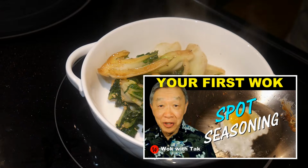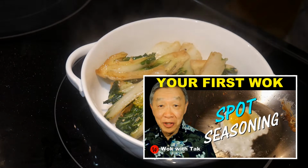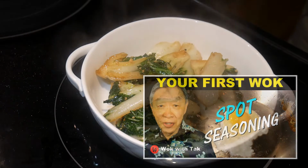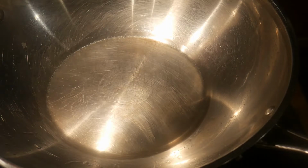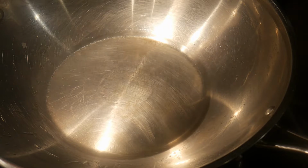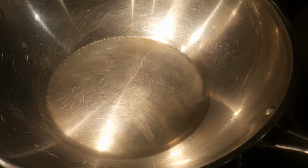This method is known as spot seasoning, and by seasoning the wok each time before I start a cooking session, I will be able to create a non-stick cook surface. However, as described in the previous video, in order to carry out this spot seasoning method, the oil has to be heated to its smoking point. Even though I try to minimize the oil film production, nevertheless, it is better to avoid or reduce this process